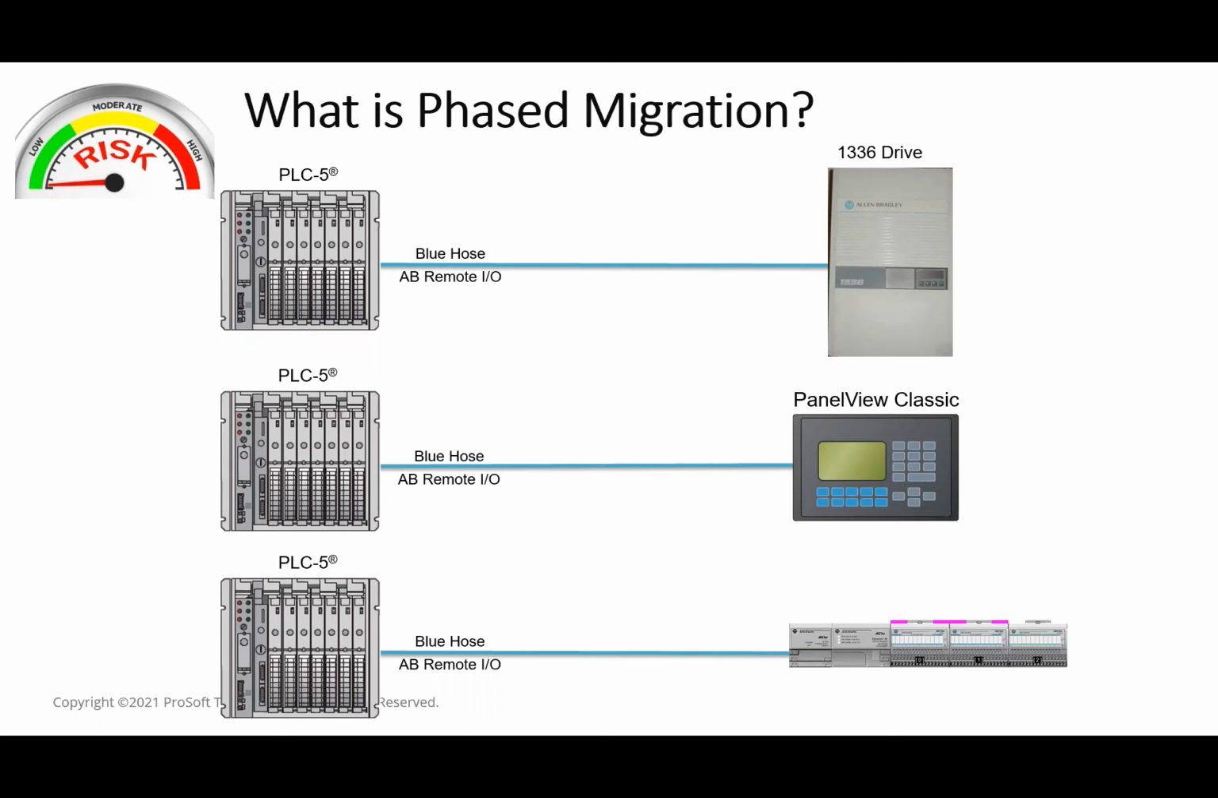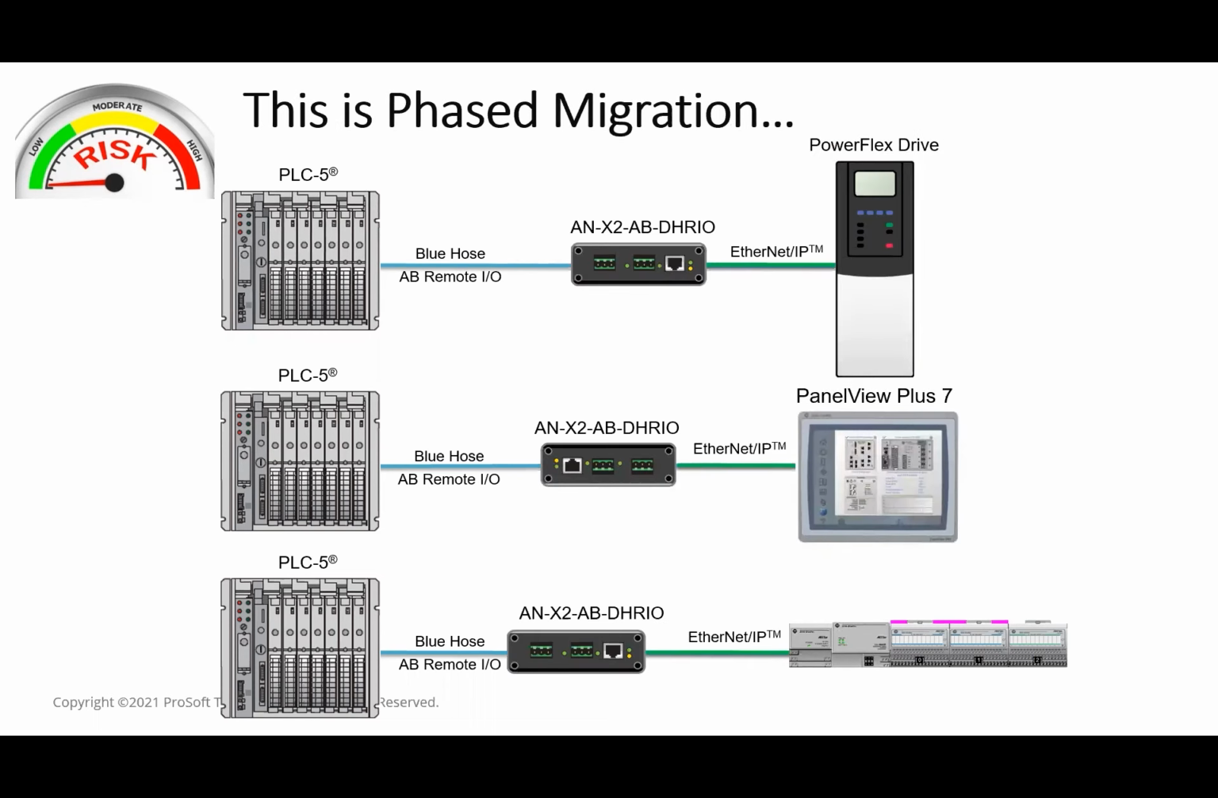So here's a way that you can mitigate the risks. Next slide, please. First of all, you can leave the PLC alone, and you don't even have to touch the code. You can add a modernization gateway configured as an adapter that takes you from Data Highway Plus or Remote IO to Ethernet IP. On the top row there, you see that a 1336 drive was replaced with an Ethernet-based